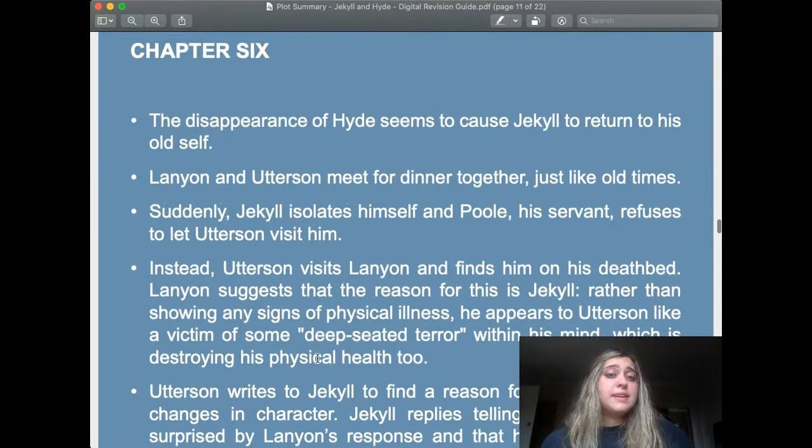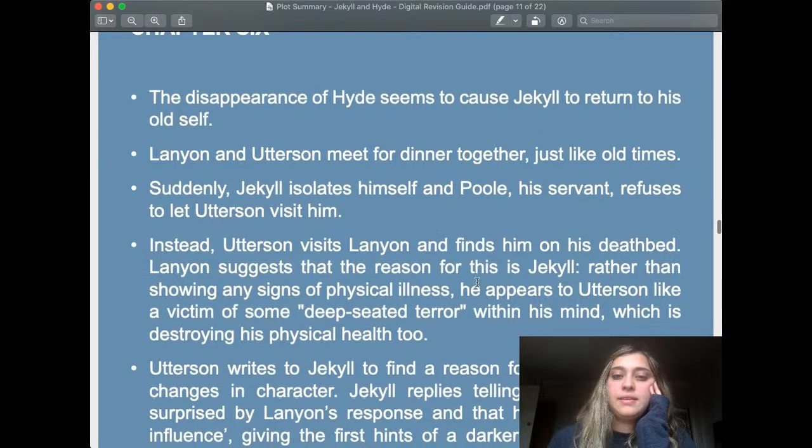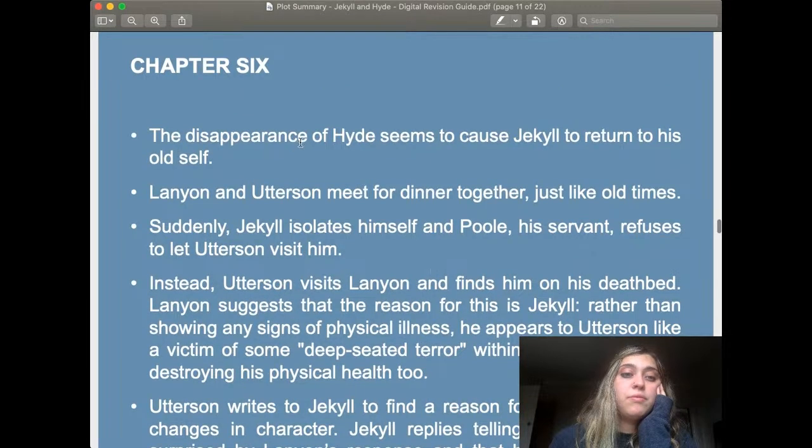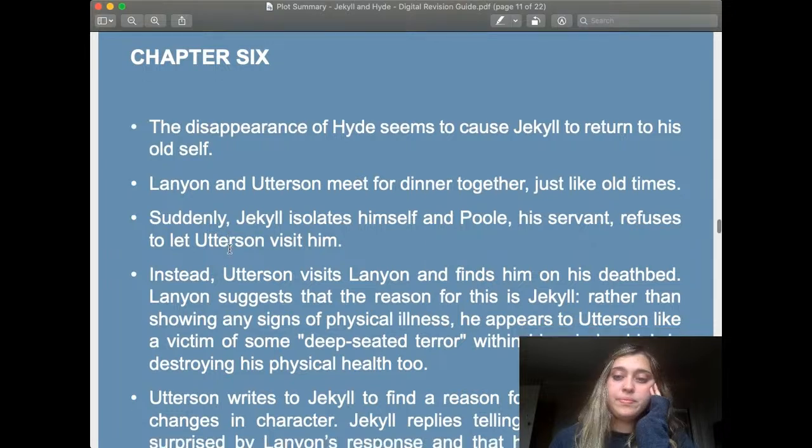So yeah, chapter 6, we have this feeling that Hyde suddenly relieves pressure off Jekyll. There's not the close connection that they once had. And Jekyll seems for a moment to be a little bit more like his old self. And Lanyon and Utterson also meet for dinner together, just like old times. So there's a little bit of what we call relief here of tension. Chapter 6. It's relieving pressure for a minute, but